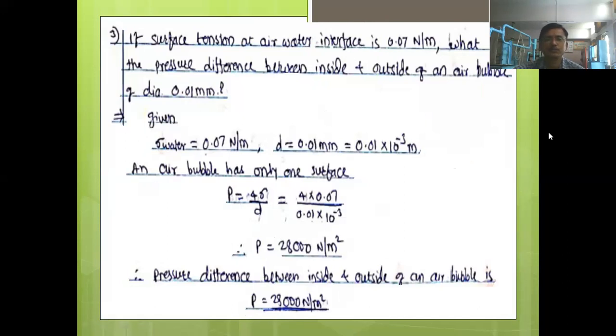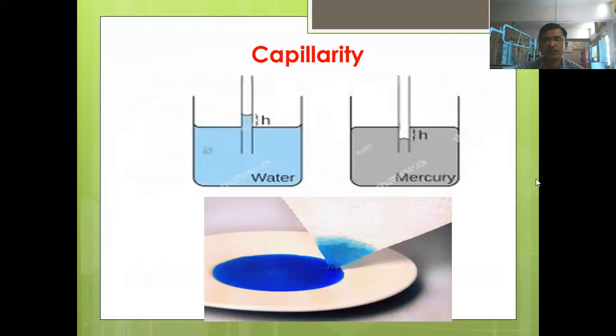Now we will move ahead to see the next fluid property, that is capillarity. Okay. Until now, how many properties we have studied? Can anyone repeat? What are the various fluid properties we have studied? Because we are going ahead, and if you don't recall whatever we have learned previously, there are chances that you will forget the things. Yes, tell what are the fluid properties that we have studied up till now.